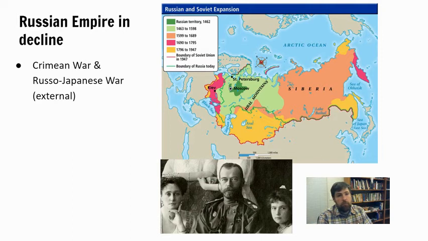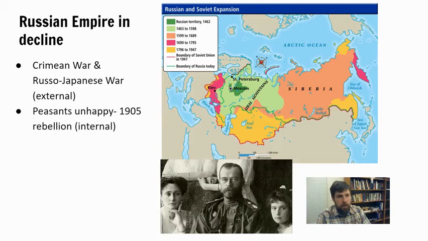So the Russians were embarrassed in the middle of the 1800s in the Crimean War, and then in 1905 they were really embarrassed when they were beaten by the Japanese, who they thought of as unsophisticated East Asians, not Europeans. How could they beat us? And they got their butts kicked. So they were very upset about that. The peasants were extremely unhappy. The peasants were not particularly well treated. They didn't have enough food to eat.